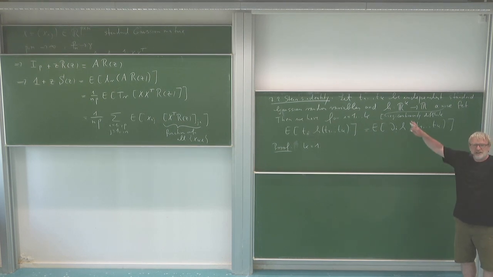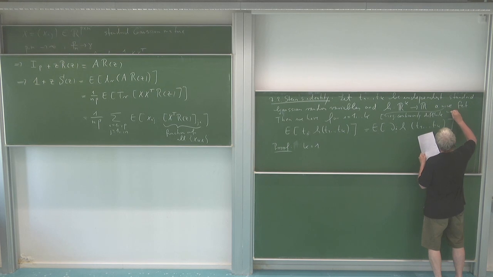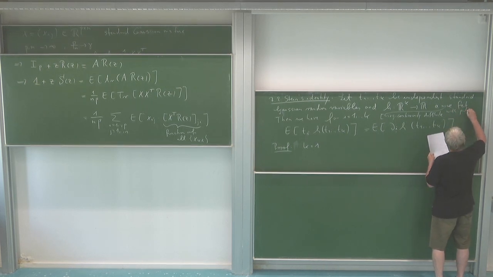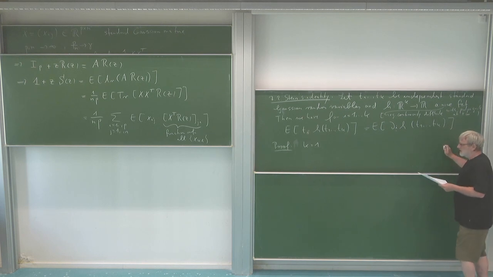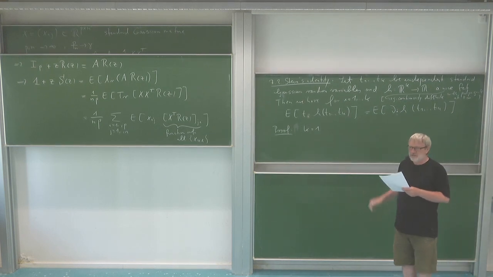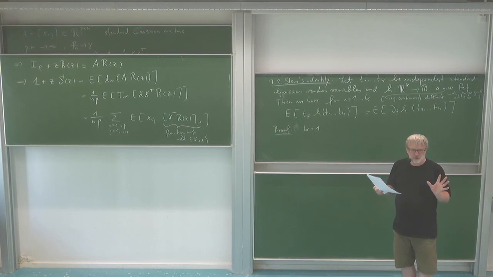They are not growing too fast at infinity, which means essentially the exponential function e to the minus t squared goes faster to 0 than they go to infinity, so that boundary terms don't play a role. Continuous differentiable with polynomial growth at plus minus infinity. So it is essentially in the partial integration you have to guarantee that the boundary terms don't play a role.